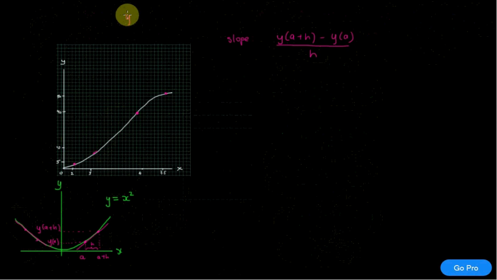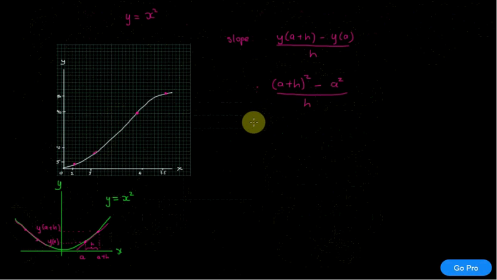So we said the equation is y is equal to x squared. So we want to generalize it and say, well, what's the slope at any specific value of x? So how much does the value of y change for any given input that I have of x? Well, like I said, whatever happens to x, I simply replace it by this a plus h. So instead of having x, I have a plus h squared. So this is now for the slope, minus a squared, right? So the x value just gets replaced by whatever I have in here, and all of that